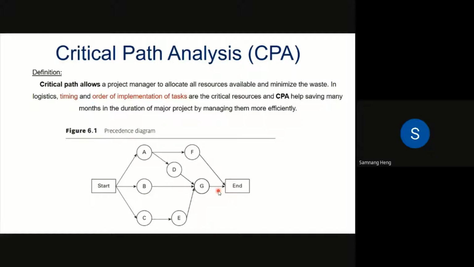So in logistics, what are the resources? There are 2 important resources: timing and the order of implementation of tasks. Which task do you want to do first? These 2 resources are very important. We call them critical resources. And CPA, critical path analysis, helps